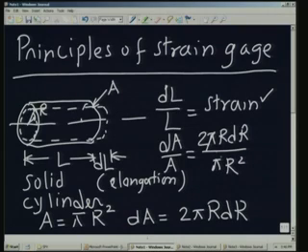So, pi will cancel, one r will cancel, it is 2 dr by r, a very interesting and important thing to remember. The lateral strain is dr by r, and the change in the area, the areal strain or area strain, is simply twice the lateral strain,